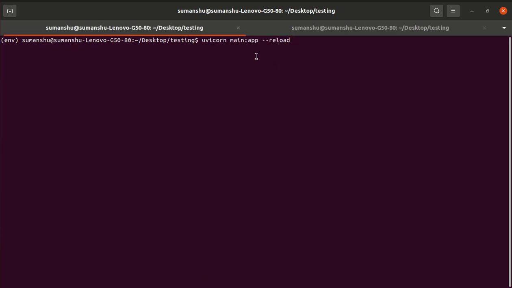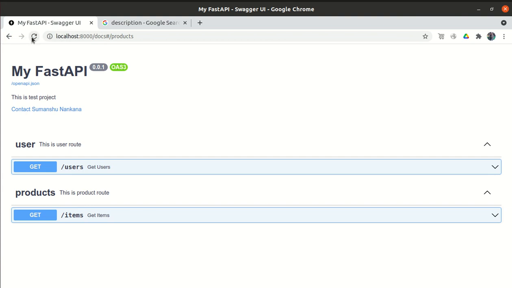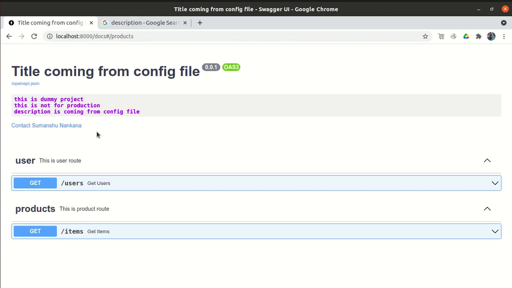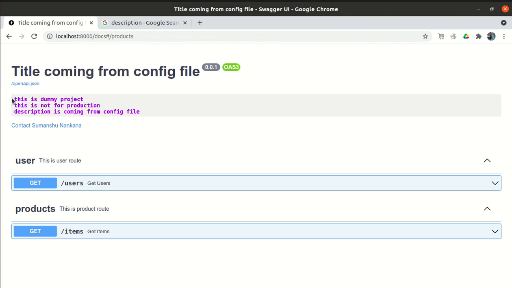The --reload parameter is just so that we don't have to trigger the application again and again. It has been started, so let me refresh it. Now everything is coming from the configuration file: the title, the version, the description, and the username.